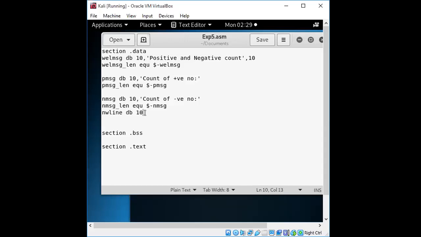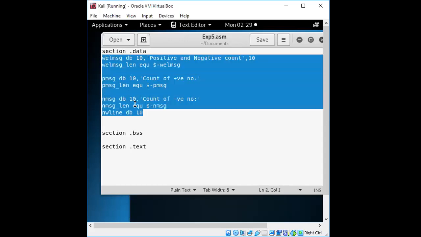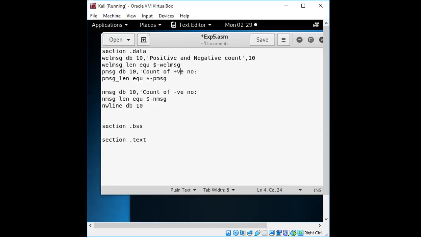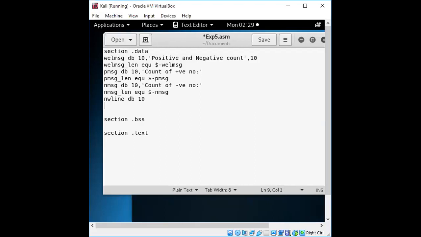So this will be your initial part, which you are going to display to the output window, which you are going to mention in the data section. You can go for the indentation, but my suggestion is that when you put these values, you can avoid extra spaces.